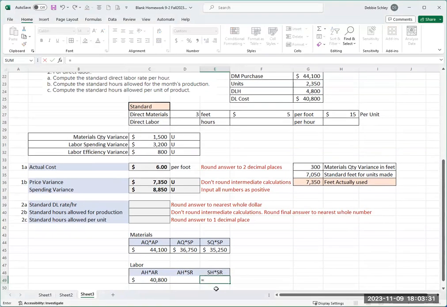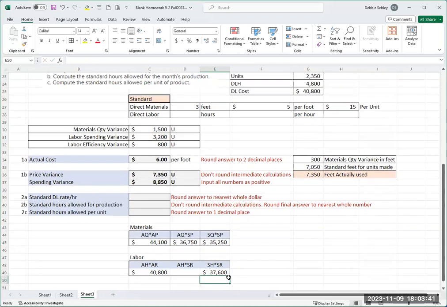And so I will take the actual minus the labor spending variance because this one is more than this one. And so my number 3 is